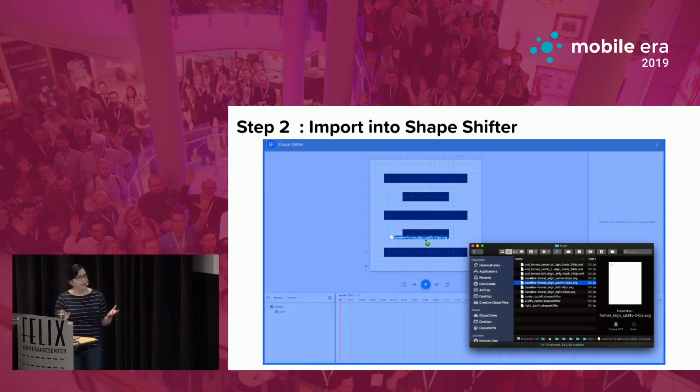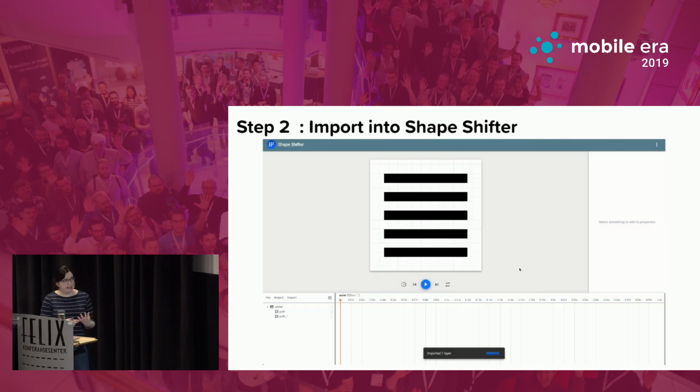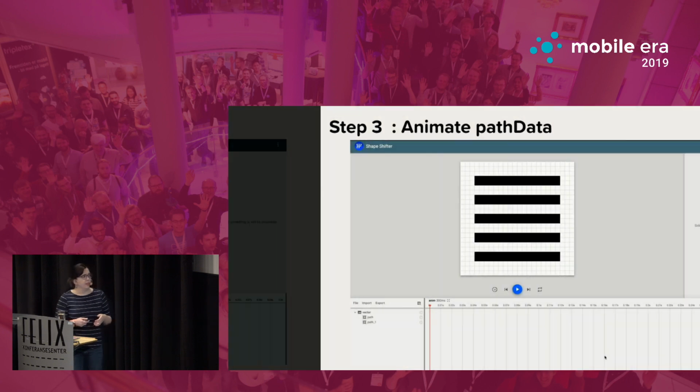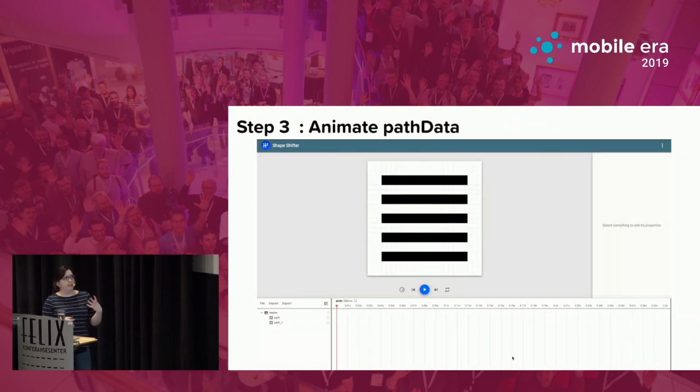So the fully justified one, we say add a layer. But now we've got these 2 layers that are on top of one another. It's not really what we want. We want to animate between these 2 different paths. So you'll see at the bottom we've got the 2 paths, path and path 2. So the next step that we want to do is actually we want to animate path 1 or path into